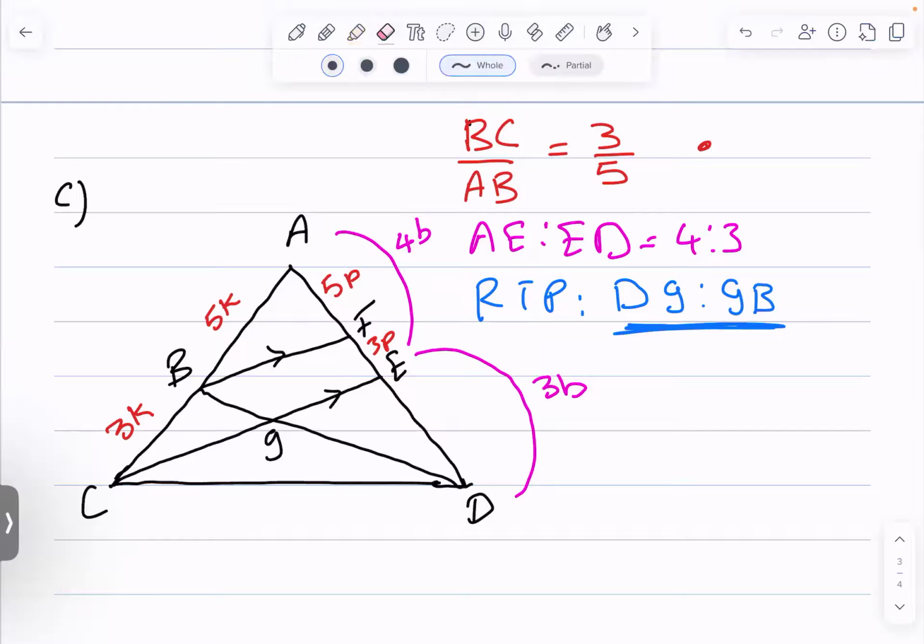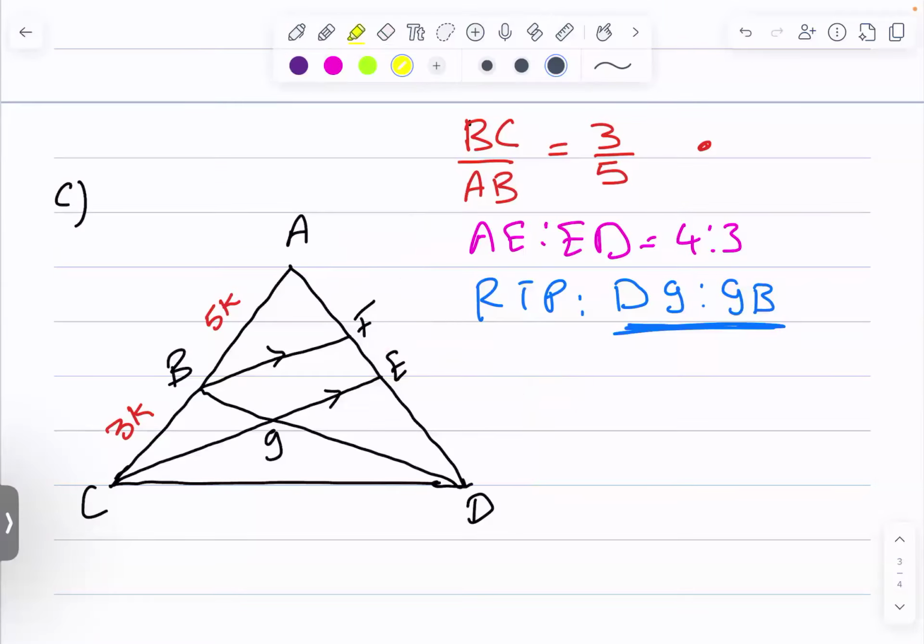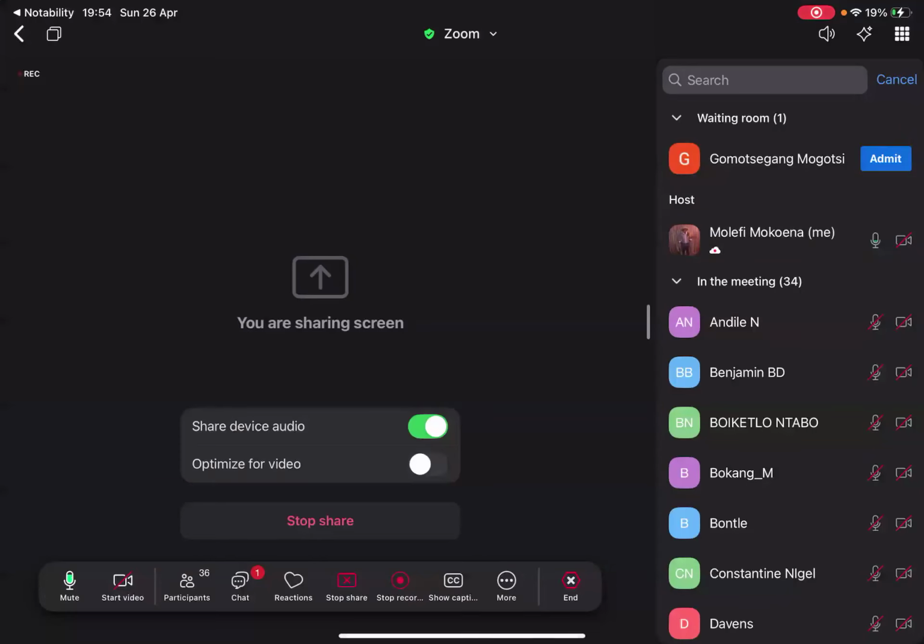Let us just start so that you see where we got these things. The first place to start, is there anyone in the waiting room? Please always check for me. People who are coming late really are